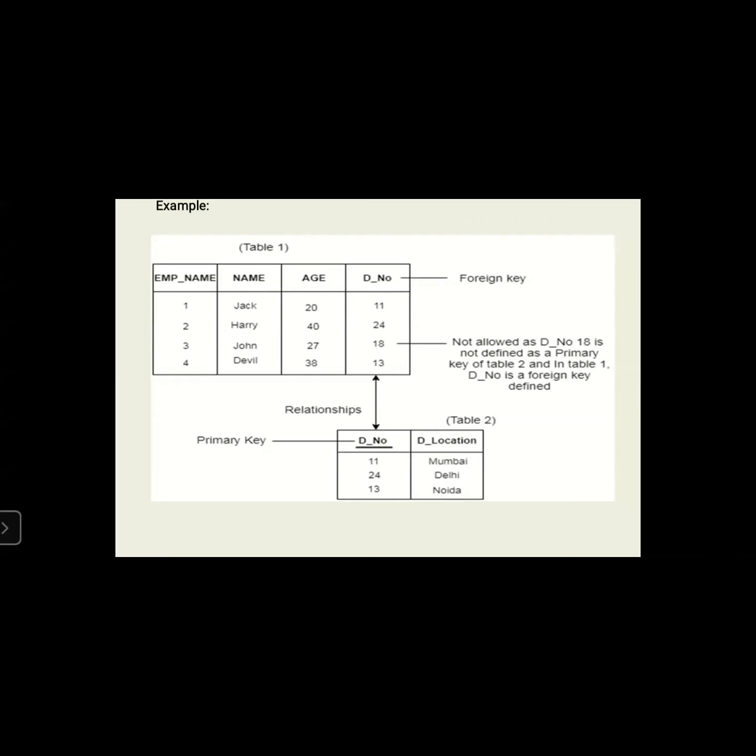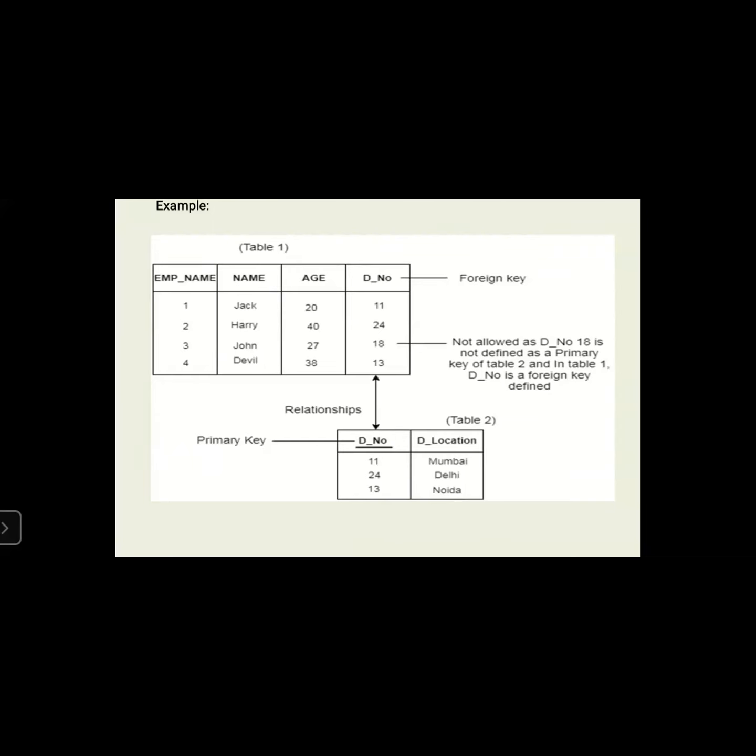So during the creation of the other table, table 1, the fields are employee number, employee name, employee age and department number. Employee number is the primary key in table 1 and department number is the primary key in table 2.